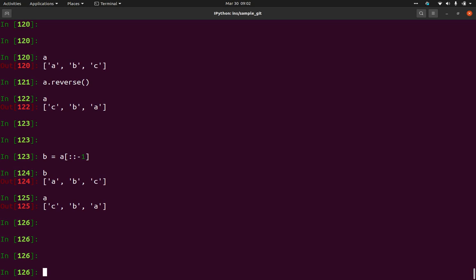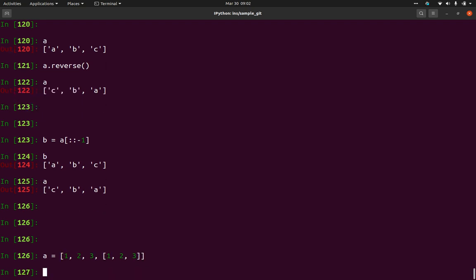Manideep is asking that, let's say I have elements and a list of elements inside this list. What will be the index of this particular value? Is that your question, Manideep? Yes. So the indexing will be simple: 0, 1, 2, 3.